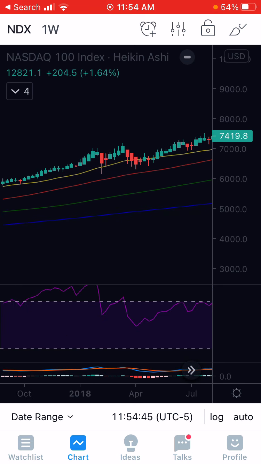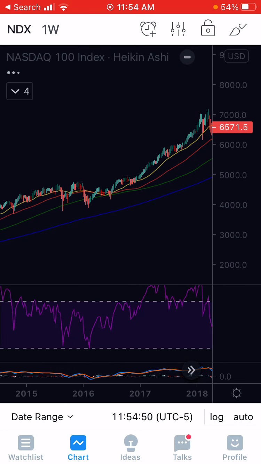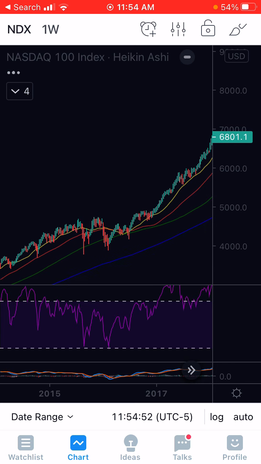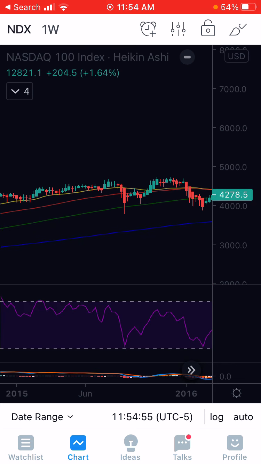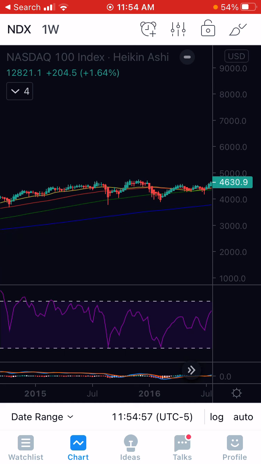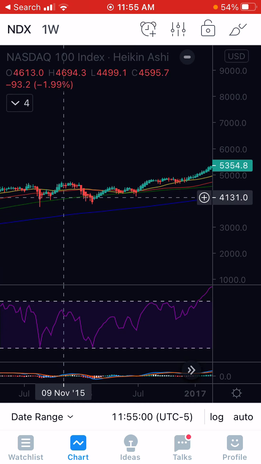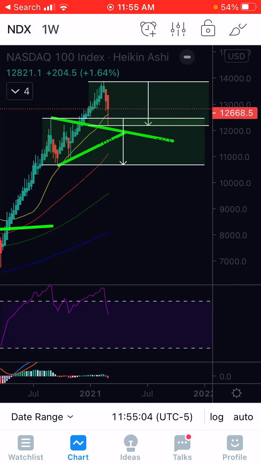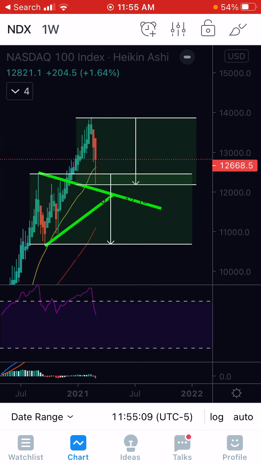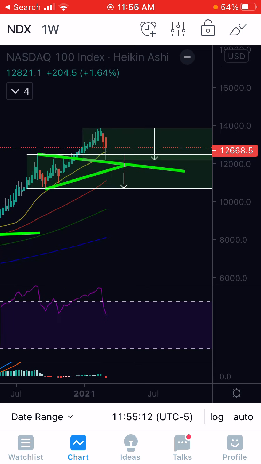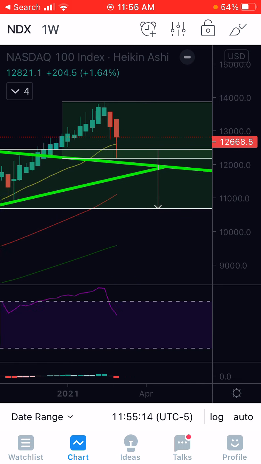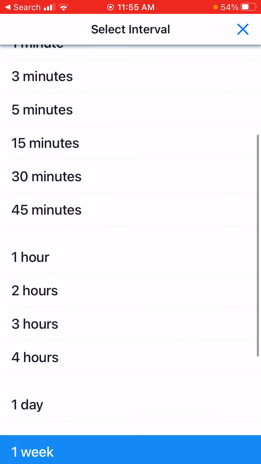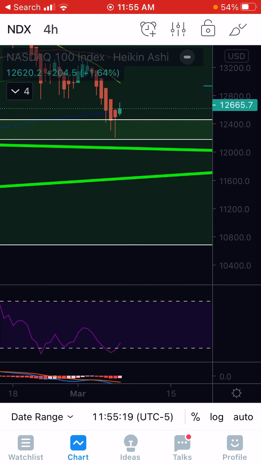But obviously, nothing has to rhyme exactly. Nothing has to work out exactly the same as it did in the past. It can rhyme, but that's it. But you also notice we like to test this 200-week EMA, and that on the downside is way down here. But like I said, until we close below this 21-week, we don't have anything to worry about. So I think a lot of stuff is going to get a nice bounce, and that's kind of where I'm at right here.